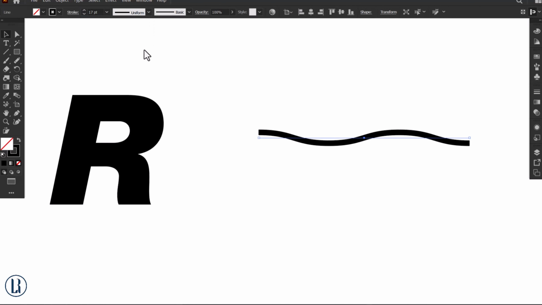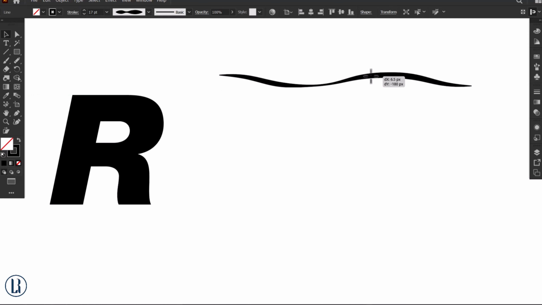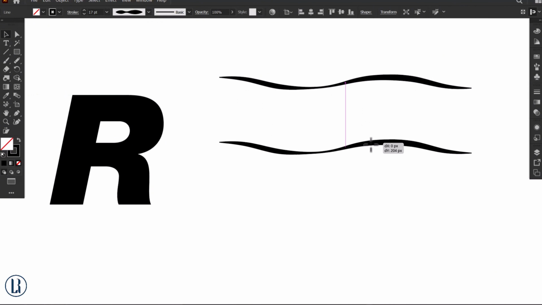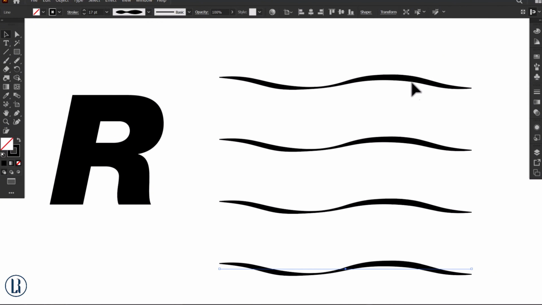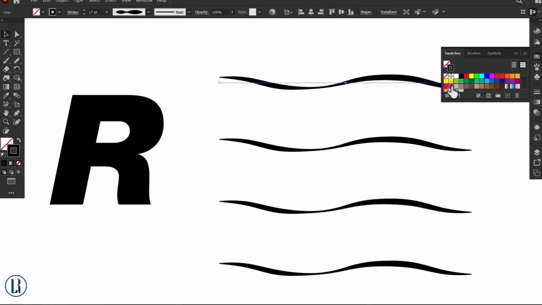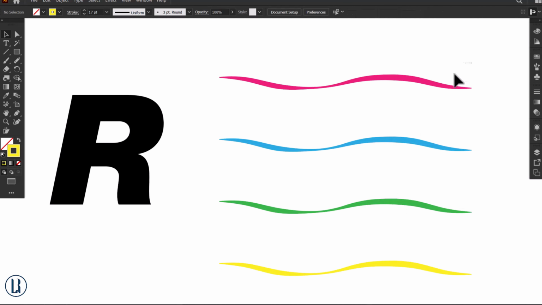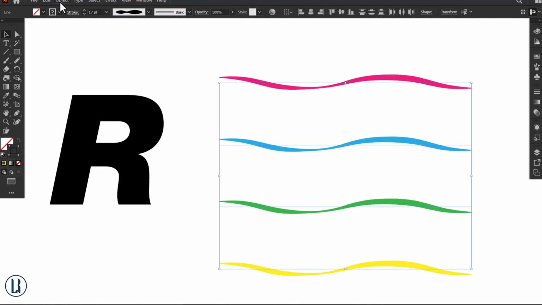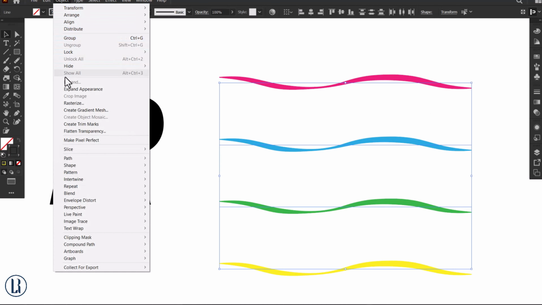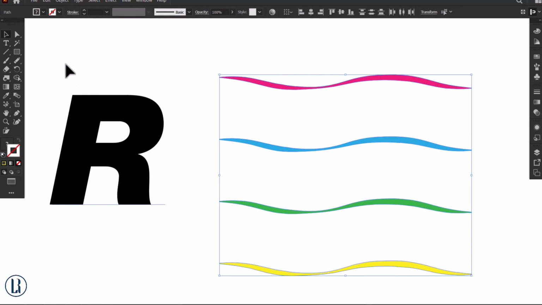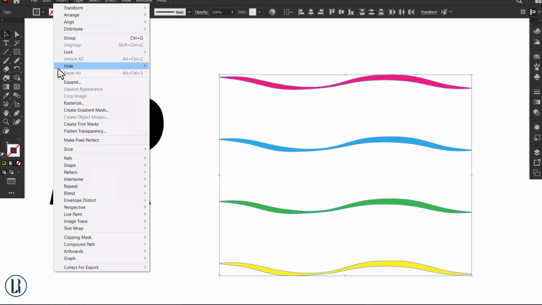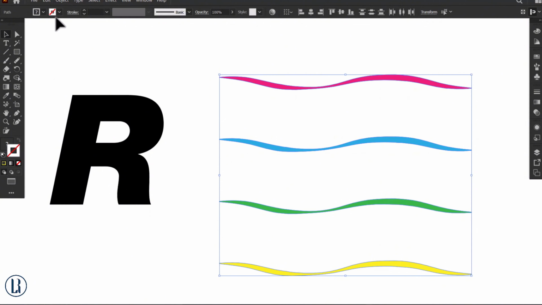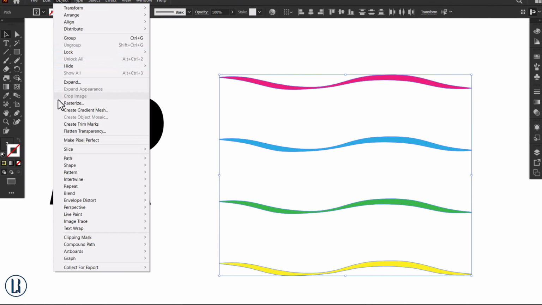Now I have to change the shape. It's all okay. Now I have to make some copies of it. Now I'm going to give some color to it. Now I have to again go to Object and make it expand. Again Object and Expand. After that I have to go to Blend option